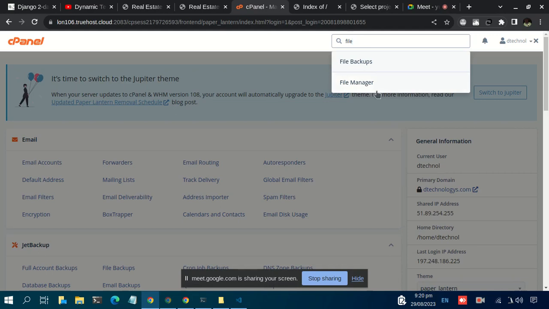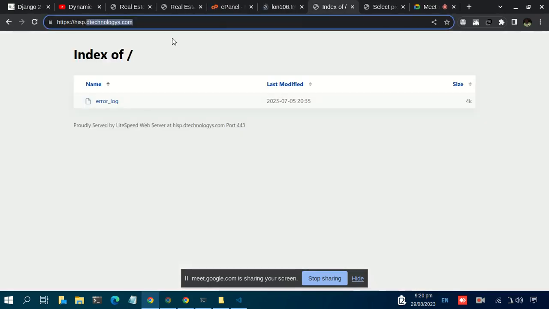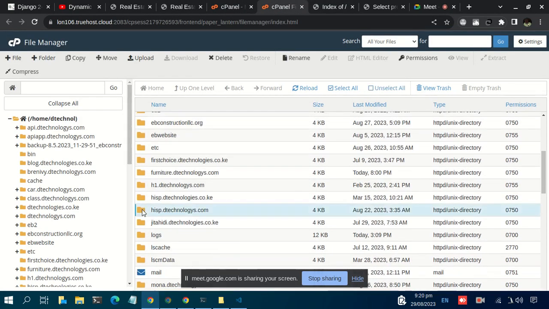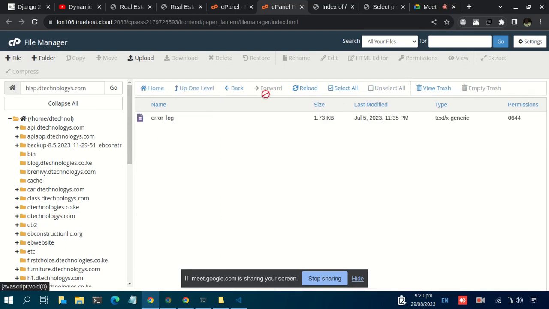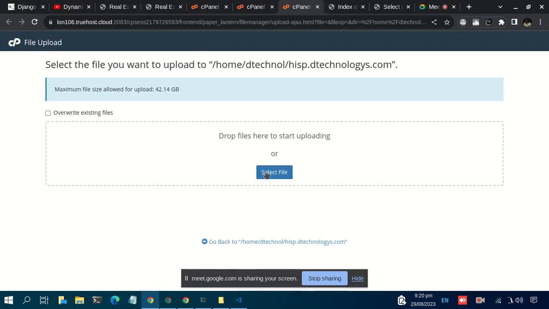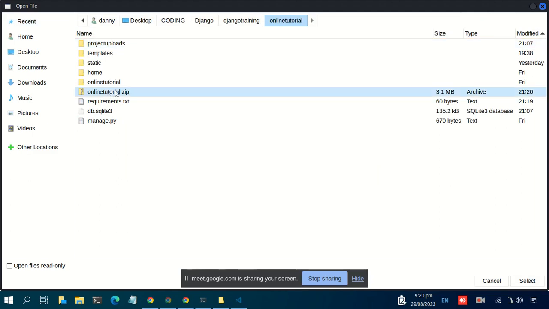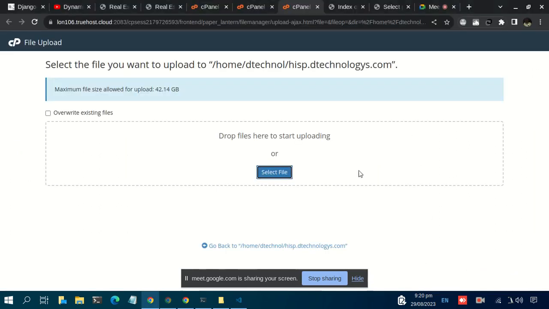We need to access the root folder for this subdomain. That is under, this should be the name. We want to upload our website files here. So upload, then we select our file, the online tutorial, we have this one, then select. As the file is okay, I think it has completed. As it finalizes,